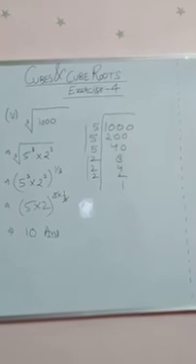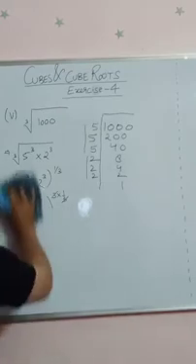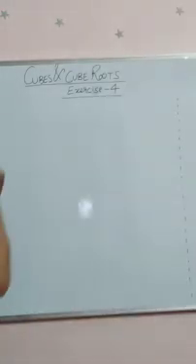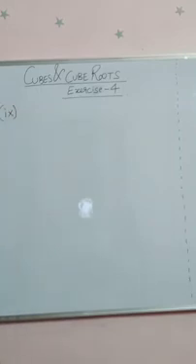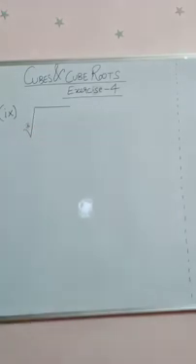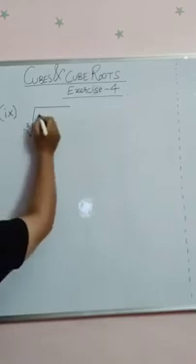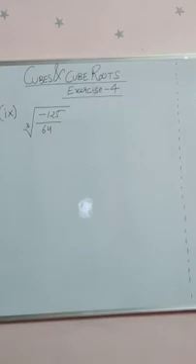Moving ahead with the next part of the question, and this time we are going to do the 9th part of the question. So kindly note down the 9th part of the question and we are going to solve it. The 9th part of question number 4 is to find the cube root of a given fraction this time. The fraction given is minus 125 upon 64. So we need to find the cube root of minus 125 upon 64.